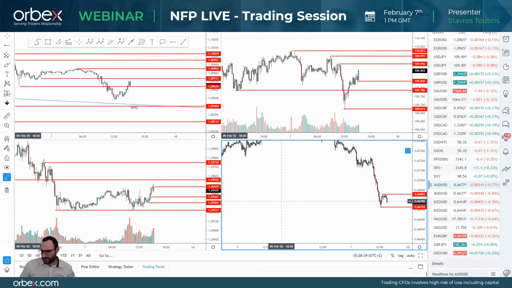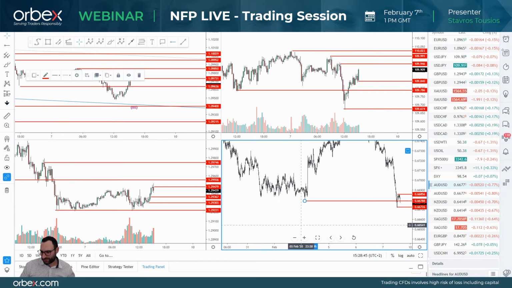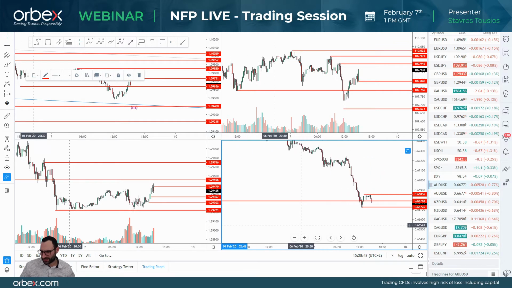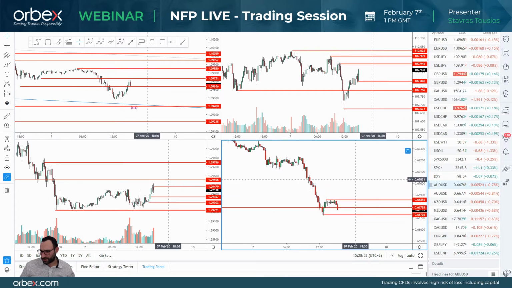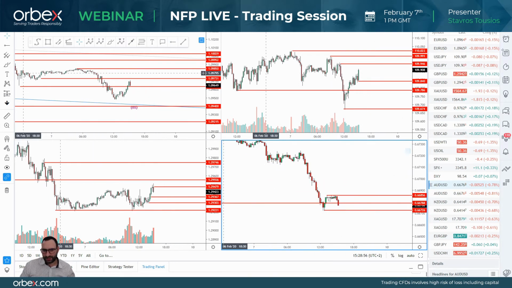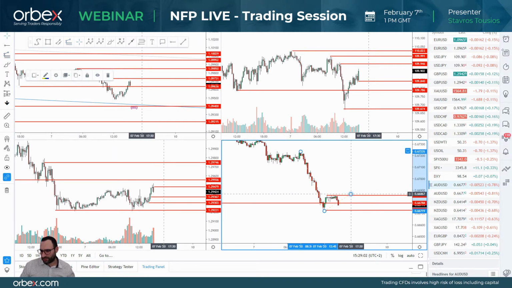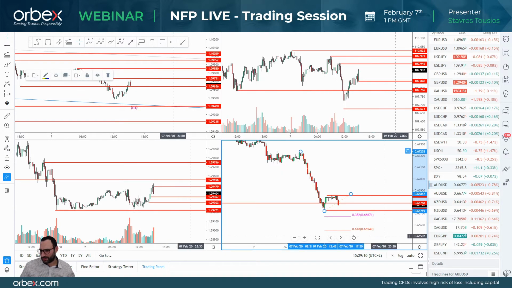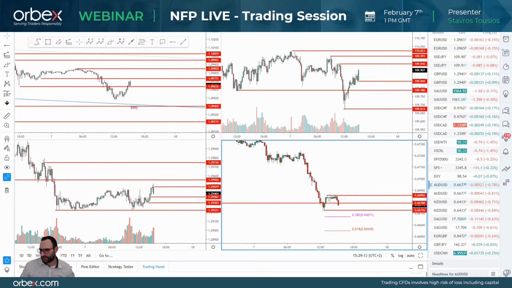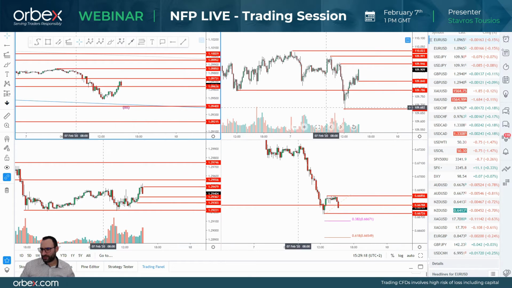Now the Aussie dollar, okay, we can use this as an entry to the upside, I guess, and to the downside. Since we have no bottom over here, we want to use the Fibonacci extension: 38.2, then 61.8. Okay, so we are pretty clear, and we just have to wait for the numbers to come out now.